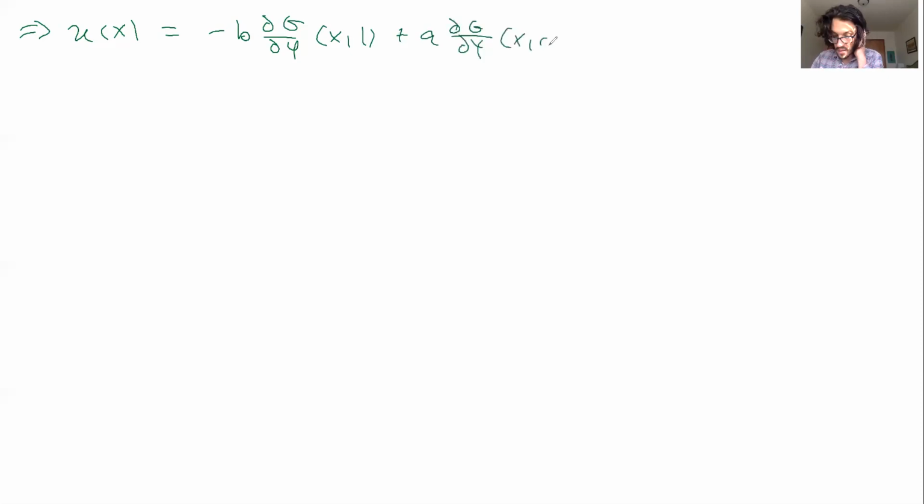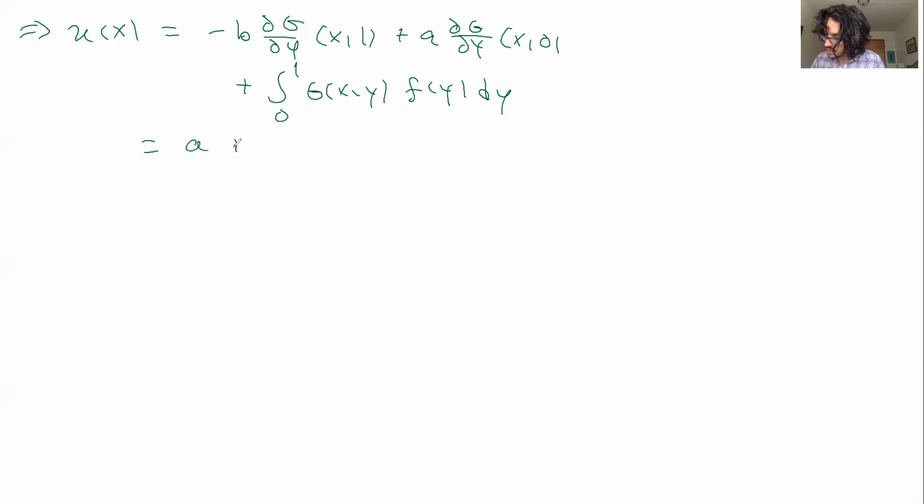So what this implies then is that u of x can be written like minus b dg/dy at x=1, plus a dg/dy at x=0, plus the integral from 0 to 1 of g of x,y f of y dy, and that will then be equal to